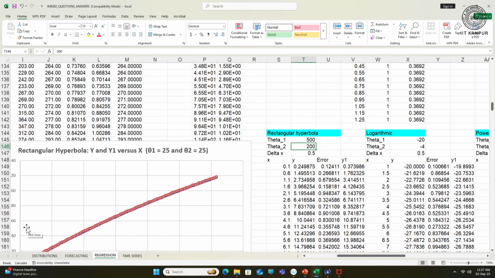So, depending on the data set, you have to consider which value of theta 1 and theta 2 would give you the best fit in order to predict the rectangular hyperbola nonlinear regression model based on the assumption which you have. They are used in the case of chemical reactions, the rate of reaction or concentration being given by parts per million, and the rate of the reaction would be given by y, and parts per million being the concentration given by x. Remember, till now we are considering only a nonlinear regression model for only one x, that means there is a single value of